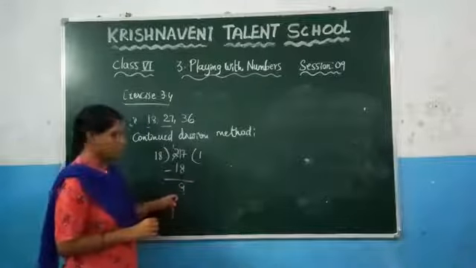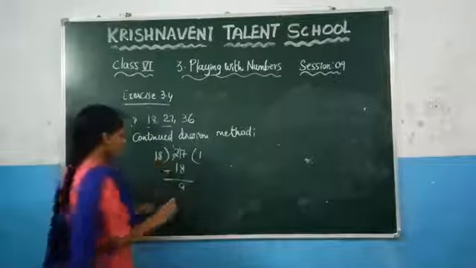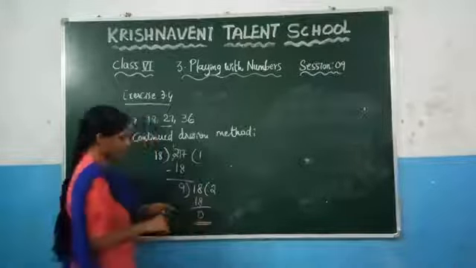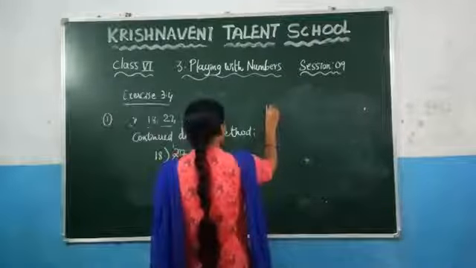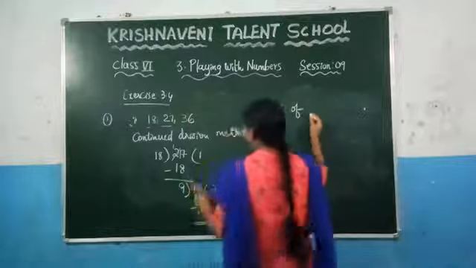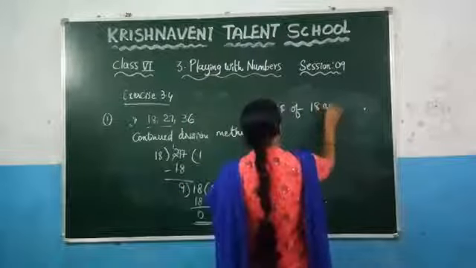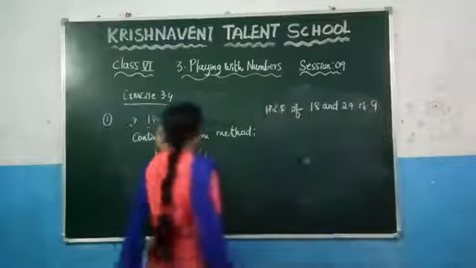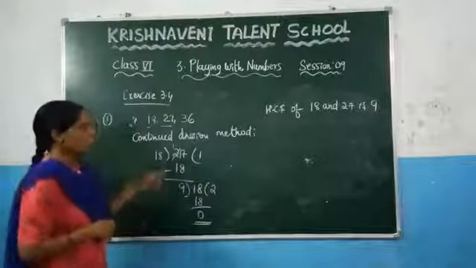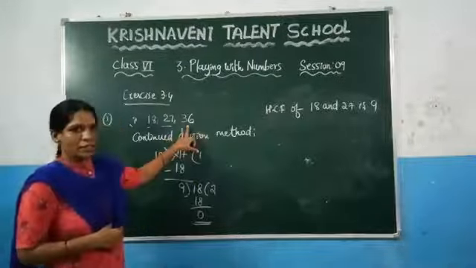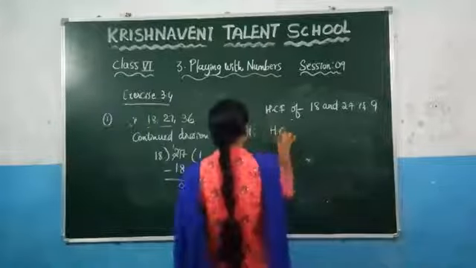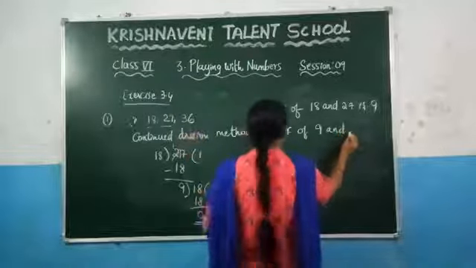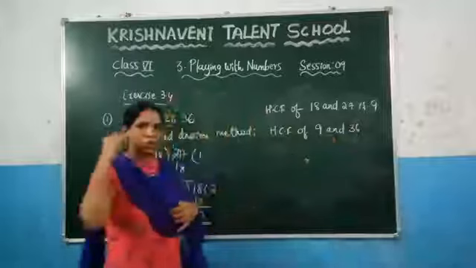Since the remainder is not 0, divide the previous divisor with this remainder. You will get 9 2s are 18, so you are getting the remainder as 0. So we can say that the HCF of 18 and 27 is 9. Now we got the HCF of the first two numbers. With that result, you need to divide with the next number. The result is 9 and the number left out is 36. Now you need to find the HCF of 9 and 36.